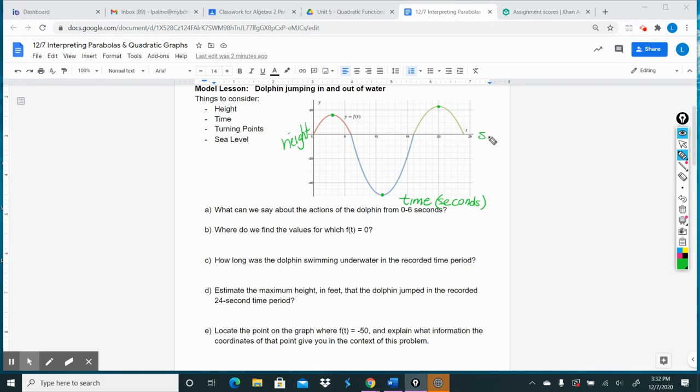So the sea level is the x-axis, and this is where y equals 0 at the sea level, because that's when the dolphin comes in and out of the water. So what can we say about the actions of the dolphin between 0 and 6 seconds? Because we're on time, we're looking at the x-axis, between 0 and 6 seconds right here, we know that the dolphin